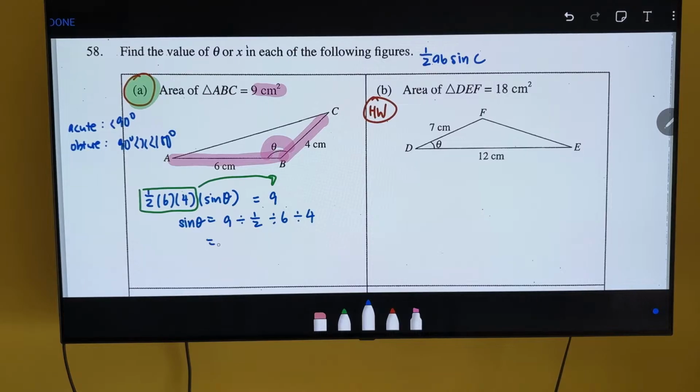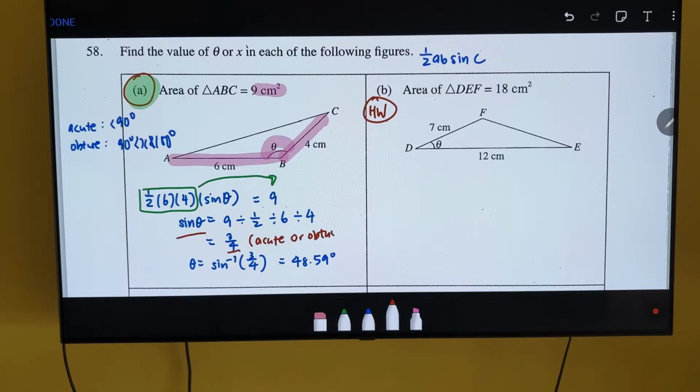Yeah? And we end up with 3 out of 4. So theta will be sine inverse of 3/4, and that will give us 48.59 degrees. Not to forget that when we have sine theta equals a positive number, it can be acute or